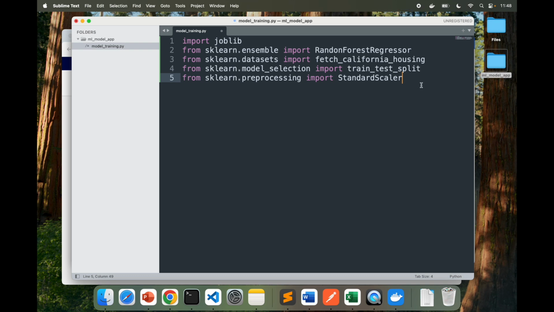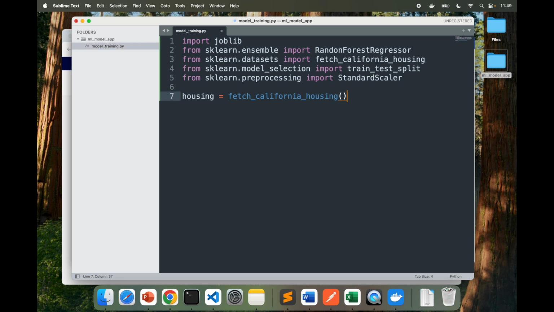Now let's go ahead and load the California housing dataset. housing = fetch_california_housing(). So this line loads the California housing dataset from sklearn. The dataset contains 8 feature columns such as average number of rooms, house age, etc., and one target column which is the house price.